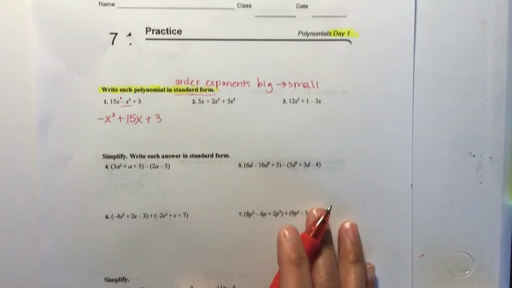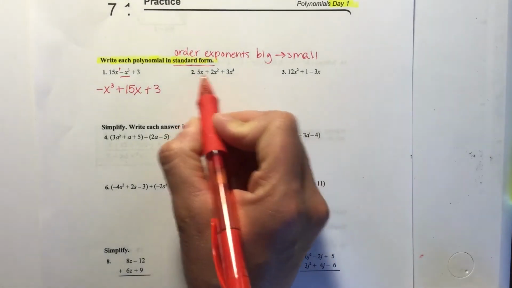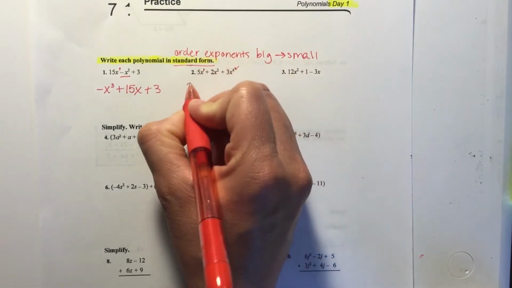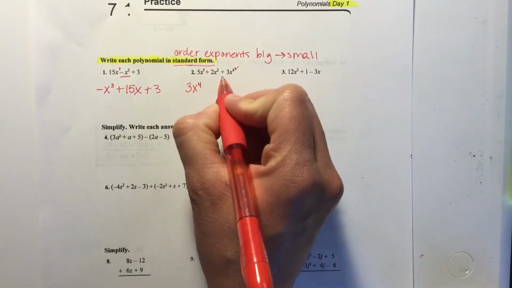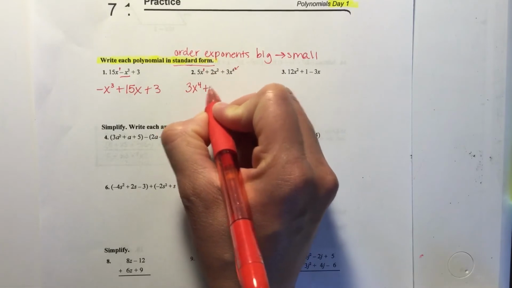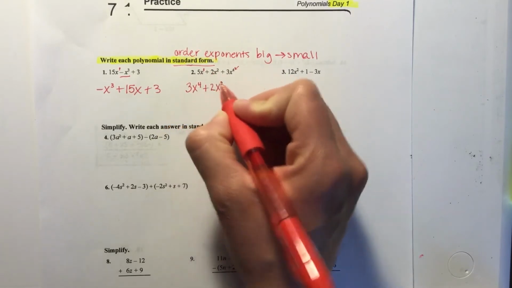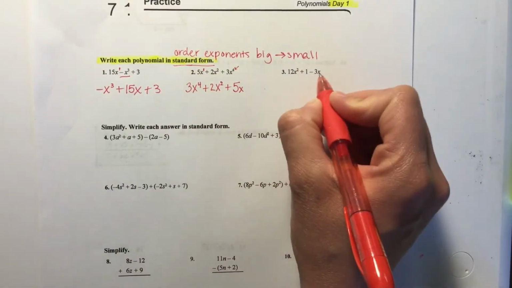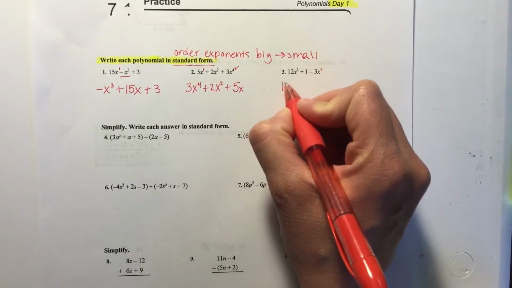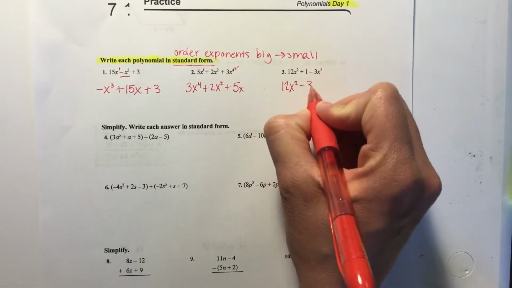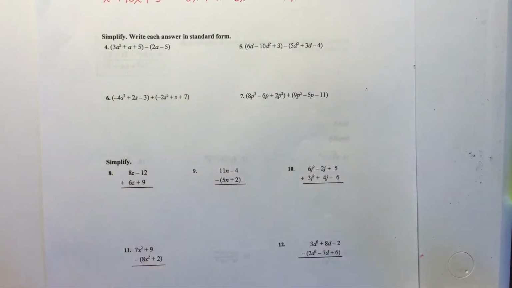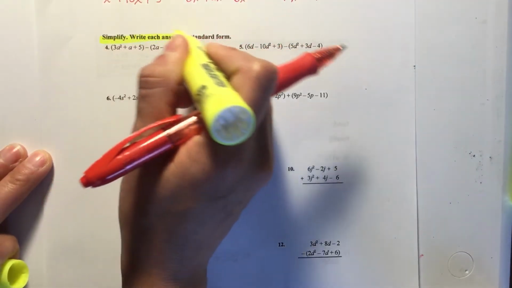standard form. Next, you look at number 2, you find which one has the largest exponent. It's x to the 4th. So 3x to the 4th is first. Then you take the next one, plus 2x squared. Then last, it's plus 5x. Number 3, you find which one has a bigger exponent. It's x squared, so 12x squared minus 3x plus 1. And you're done. Alright, 4, 5, 6, and 7, you're going to follow the directions to simplify and write your